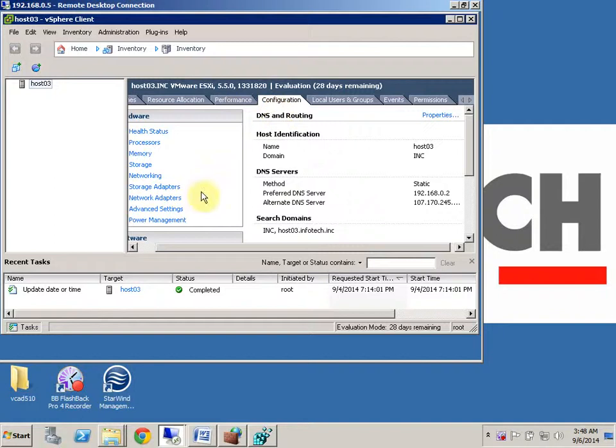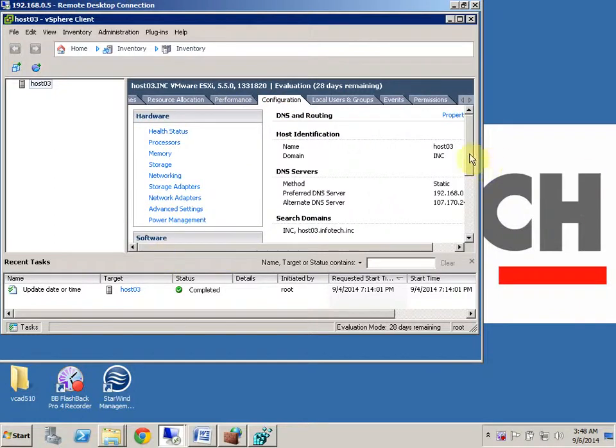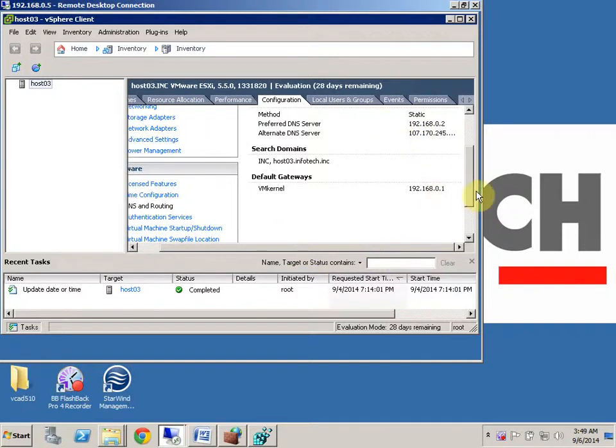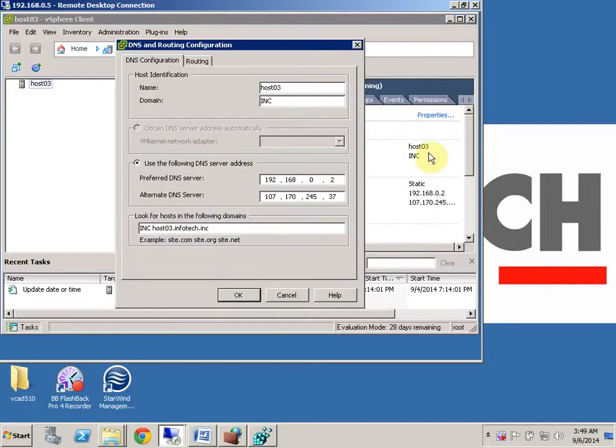So again, I'm going to configuration, because I have to integrate with my Active Directory. I have to make a connection with my Active Directory. So for that, first I have to do DNS and routing. If you click on DNS and routing, go to properties. Here it says host 03 domain inc. Actually, you have to type the domain name here, infotech.inc. This is my domain name,